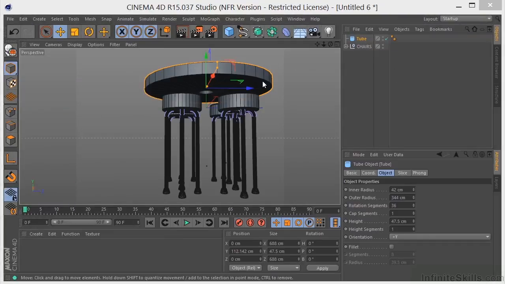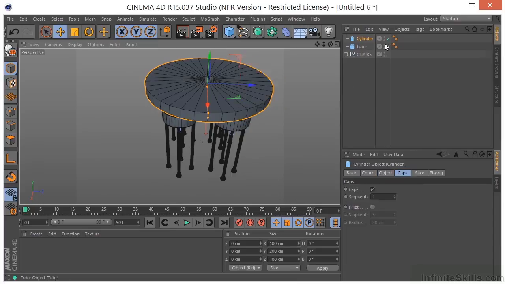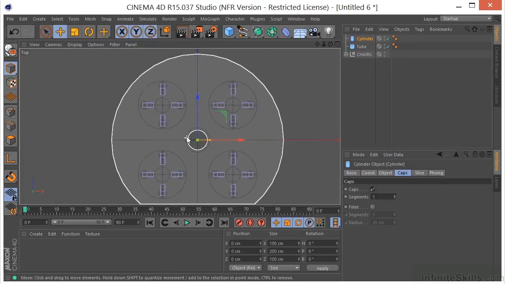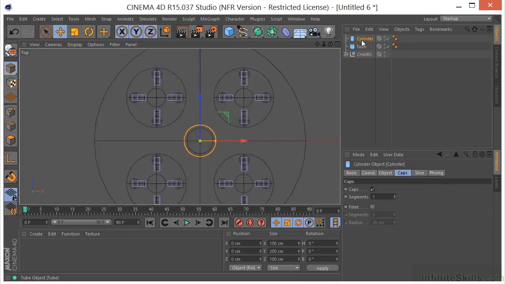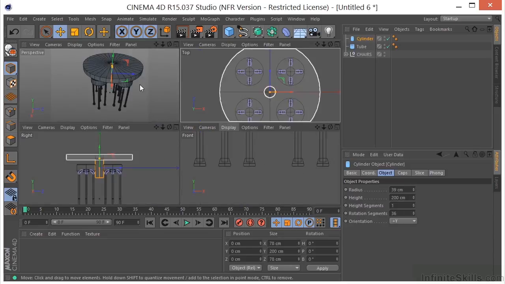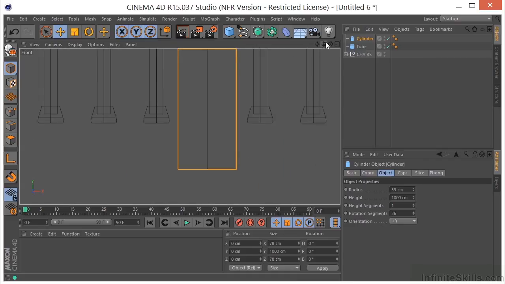So let's go ahead and put that in there. Let's grab another cylinder. I'm going to look here in the top view again, sort of figure out the size that this cylinder needs to be. Let's go to the object and get that radius so that it fits pretty snug in that circle there, or in that inner radius of the tube. And let's see what we want to make the length here. Let's go ahead and make that pretty long. Let's say maybe 1,000. And we can come over here to our front view